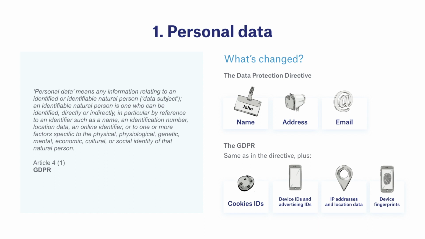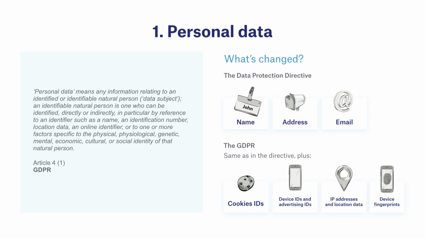So for example, if your web analytics software is able to identify returning visitors, then you are collecting personal data because you are able to identify that the user visited the website previously. The same applies to retargeting and frequency capping. So, what is the meaning of this for AdTech and MarTech companies? Well, as most online advertisers, marketers and publishers collect and use online identifiers such as those mentioned above, as well as location data, they now have to take additional steps to ensure that they are compliant with the GDPR's rules regarding the collection, storage and usage of personal data.